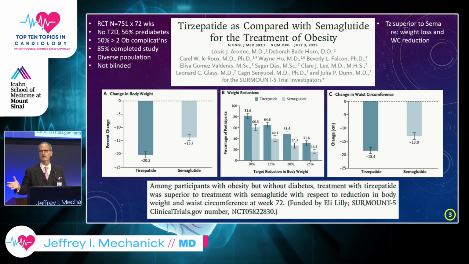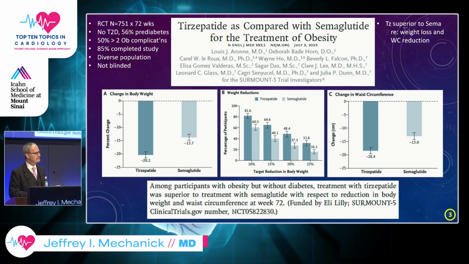A head-to-head study, how often do you see these? Tirzepatide compared to semaglutide, our DREAM study, what we really wanted to see. We want to see whether it's more efficacious, and we want to see if there's a difference in side effects. Let me just give you the long and short of it. There was more weight loss and more reduction in A1C with tirzepatide, right? And you have two brands of tirzepatide, one FDA approved for type 2 diabetes, one FDA approved for obesity, the same with semaglutide. If you look at the GI side effects, so this comes up, and this is part of the nuance when you talk to patients about the GI side effects.